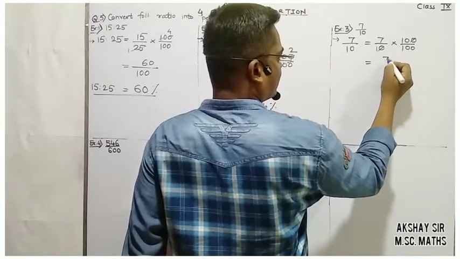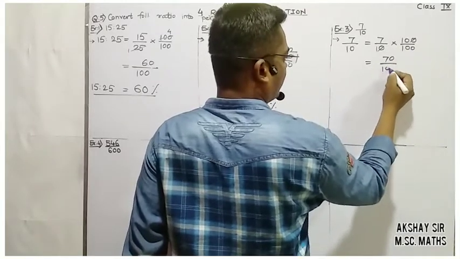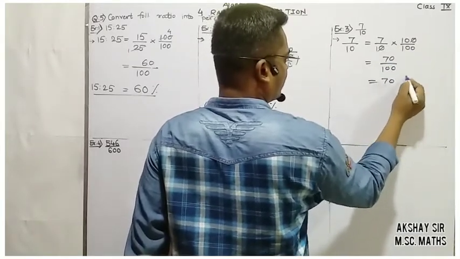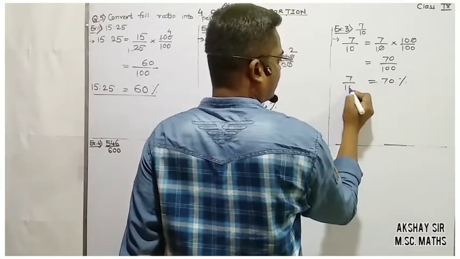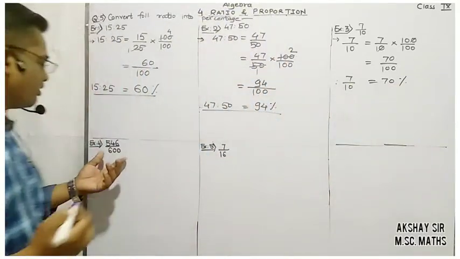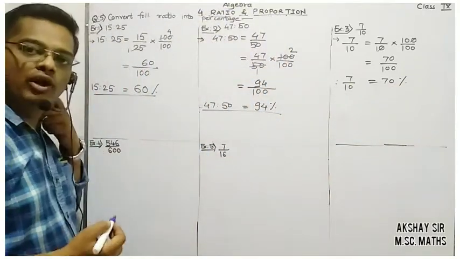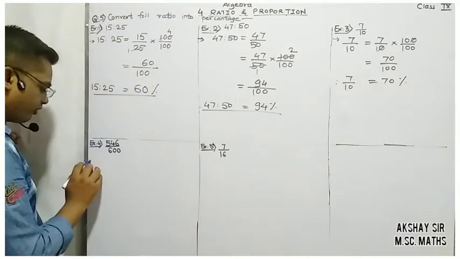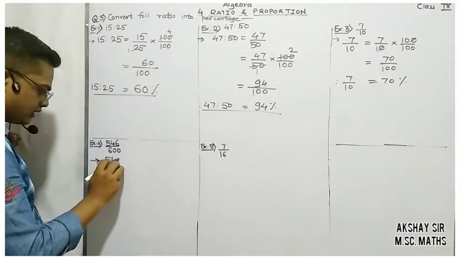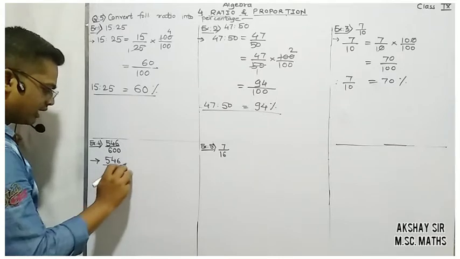7 into 10 is 70 upon denominator 100. That means this is 70%. So is that simple? Next one, 546 upon 600. Now the number in the denominator is bigger. Don't worry, we follow the same process. 546 upon 600 equals to